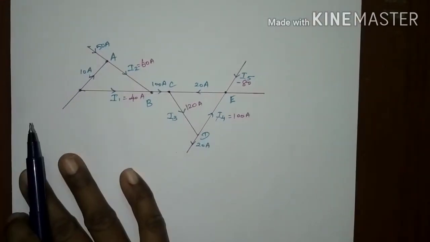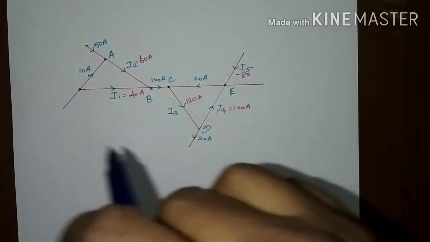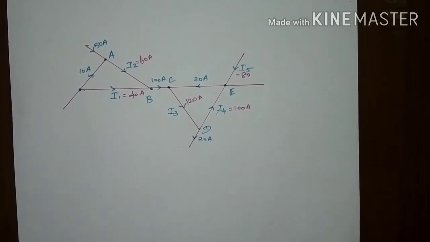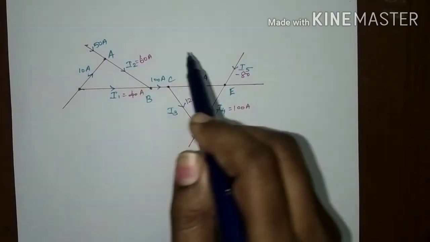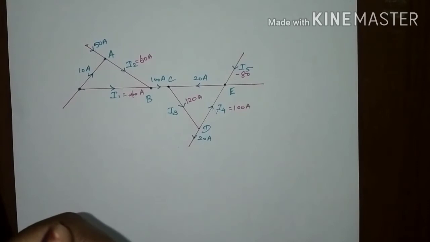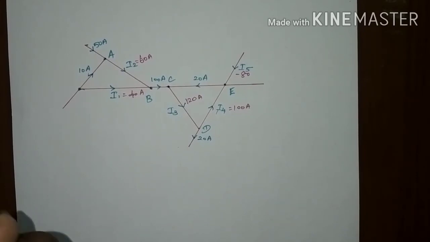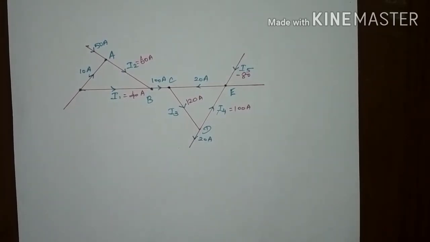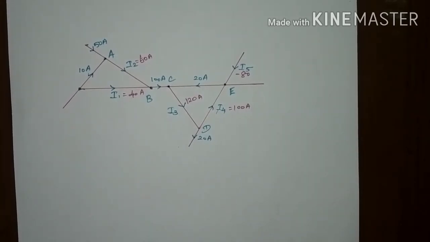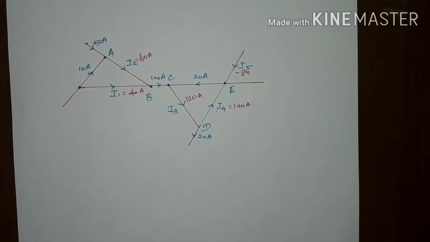Okay, I hope you understood this problem. It is very easy. Instead of doing such a long procedure, we can just calculate in the circuit and find the value of currents which are unknown in the network. Just note down the principal nodes and apply KCL in each node. We can find the value of currents. I hope you understood the concept of these problems.